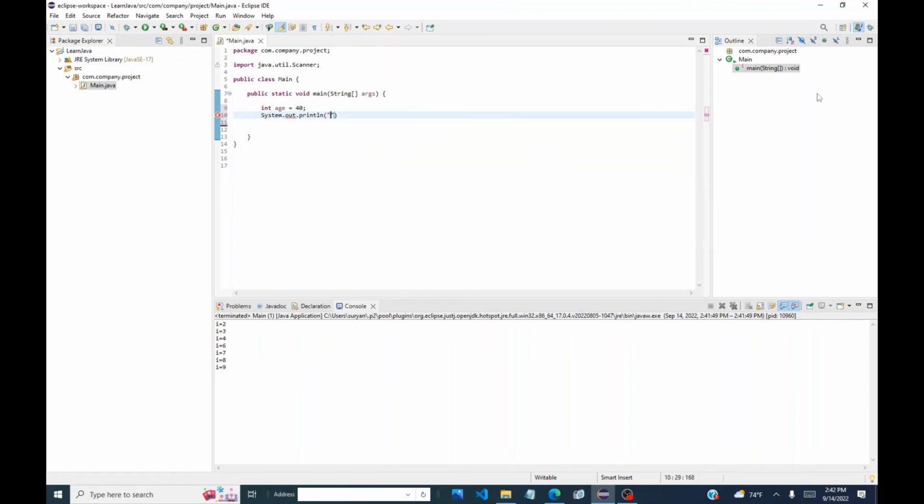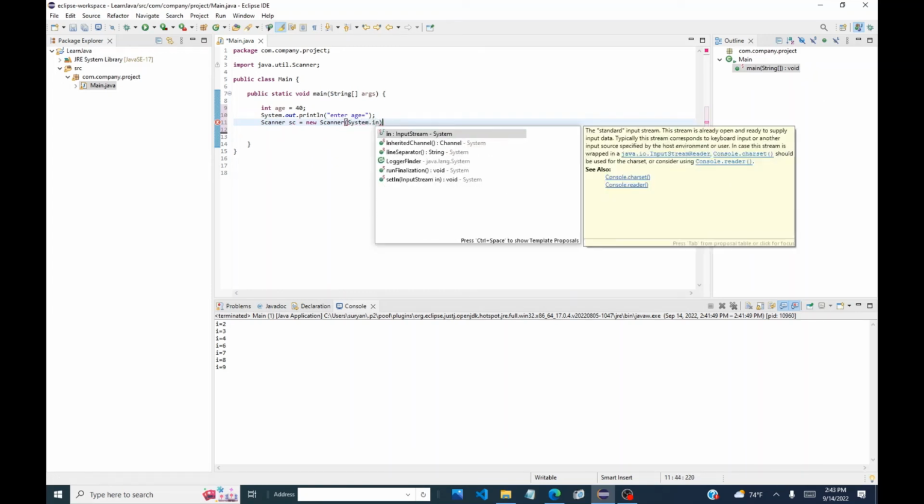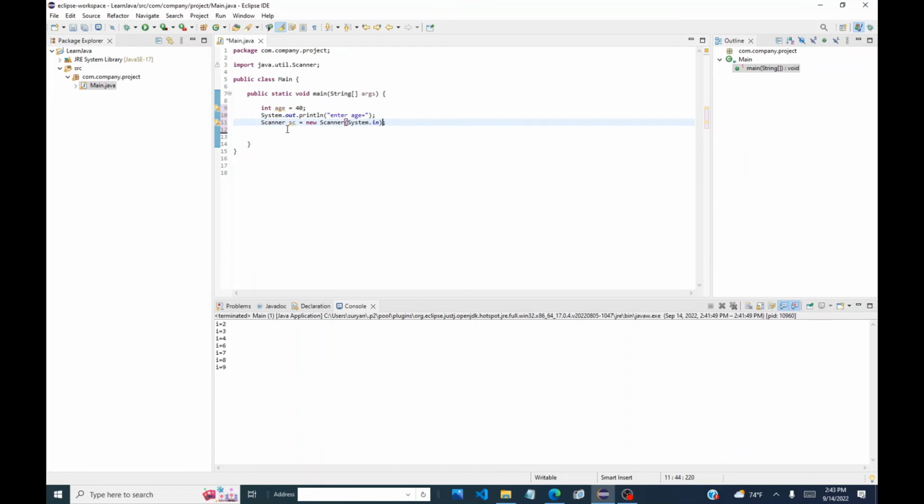So we say enter age, and if you remember from previous one, we use this Scanner class to get the values from the keyboard from the user. In order to get this value, we have to use the Scanner class. And we say here age equal to sc.nextInt. Now I'm saying here while age less than 70,